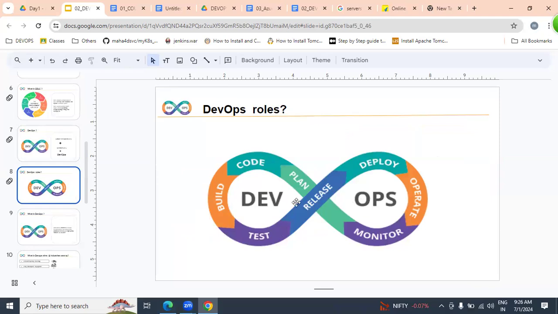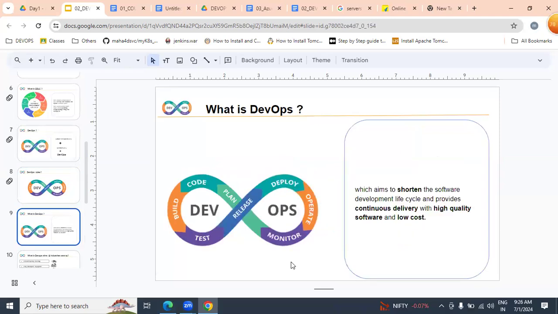DevOps is an automated process which we are going to be implementing from dev environment to operations. Usually, what will happen? The developers keep on writing lines of code. As a DevOps engineer, we're going to be delivering these lines of code